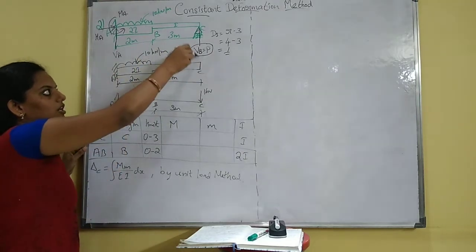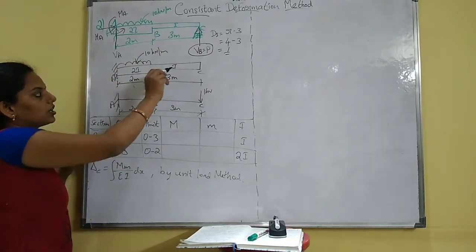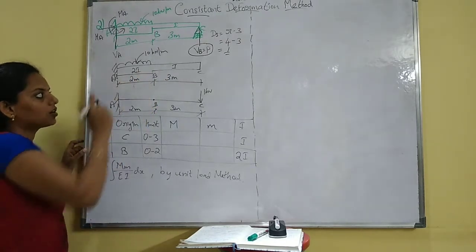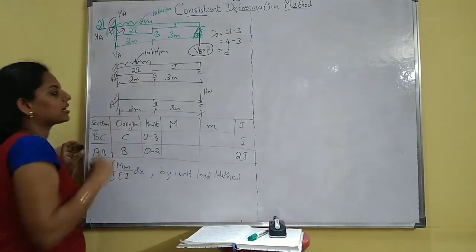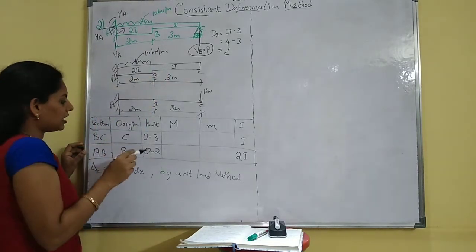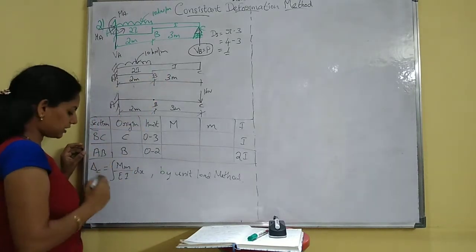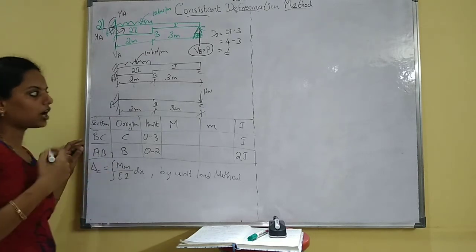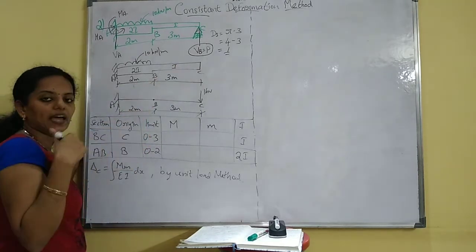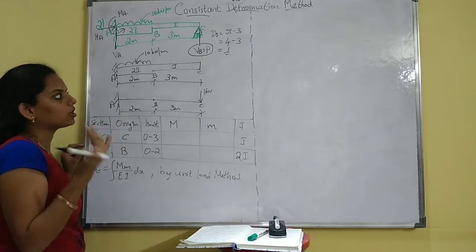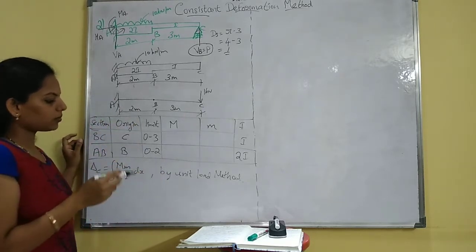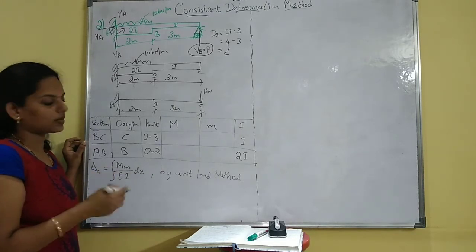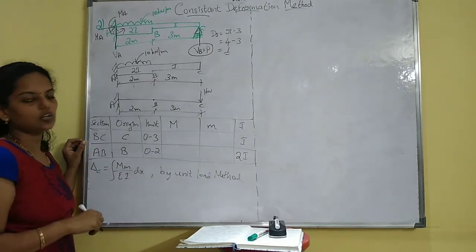Next step, remove that redundant force and draw a problem similar to the original as if the redundant force is not there, just draw the diagram. Now the first step is to find the capital delta. For that you can solve by any method: strain energy, unit load, moment area method, or conjugate beam method. The last problem I solved using the strain energy method. Now I'll solve using the unit load method.